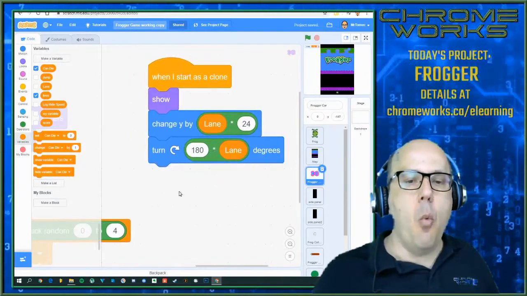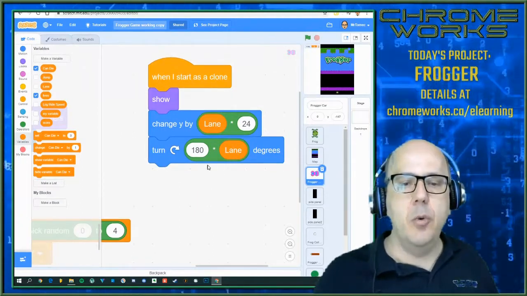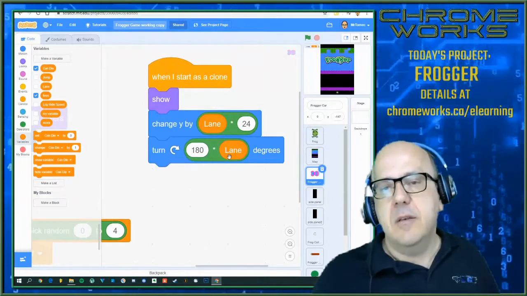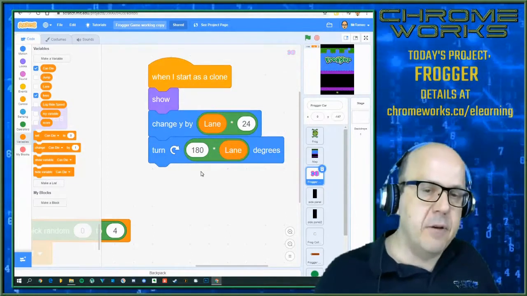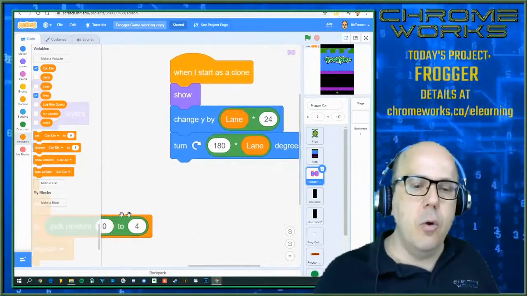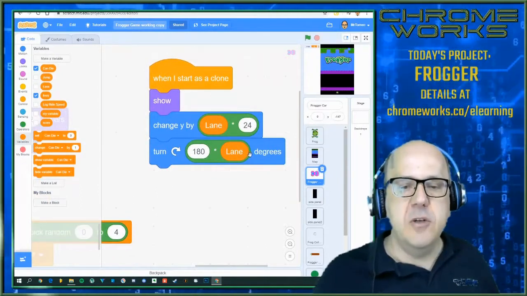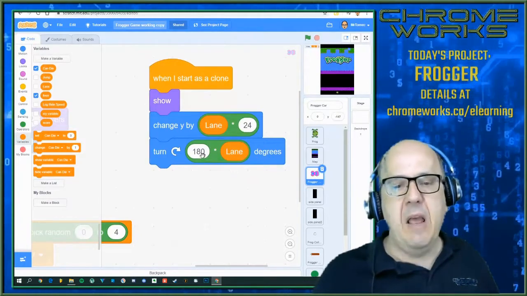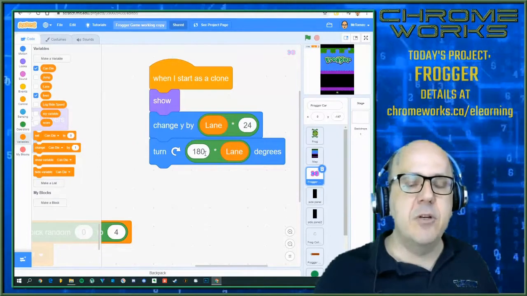If I roll a 1, it's going to be 180 times 1, which will give us 180, which will make him turn to the, well, right now he's turning right, which will make him turn left. If I rolled a 2, it'll go 180 times 2, which is 360, which means it'll be turning back to the right again. If I go 180 times 3, it'll actually be 180 times 3, which I think is